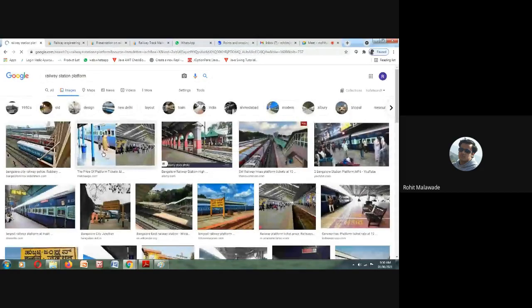So this is what we call a platform, where the people will be getting in and out of the railway station, into your trains. So this is a place where the people will be entering and coming out from the train, and also the in and out of the goods will be done. So you already know what a platform is. Okay, then we will see